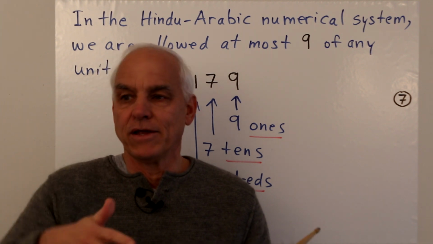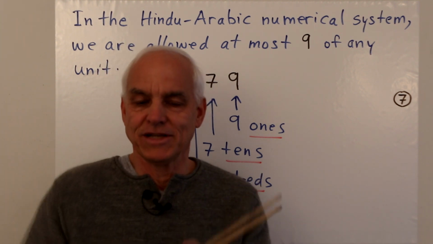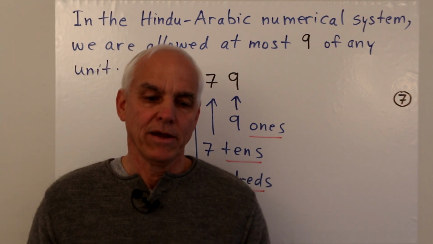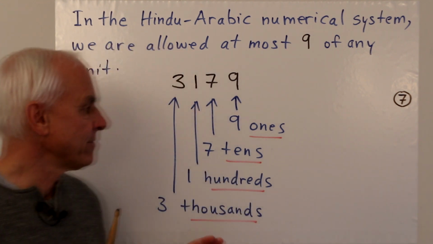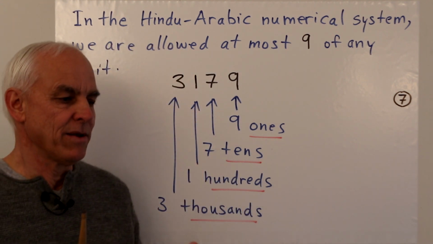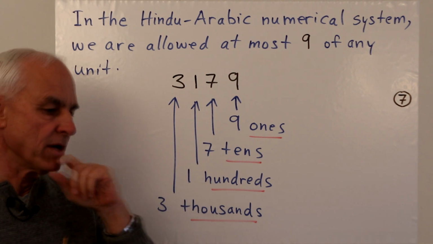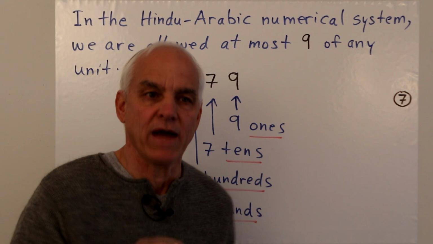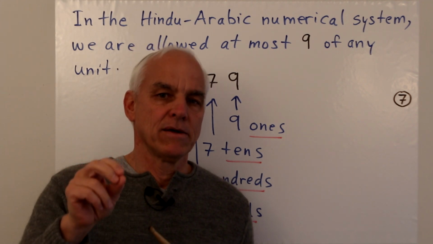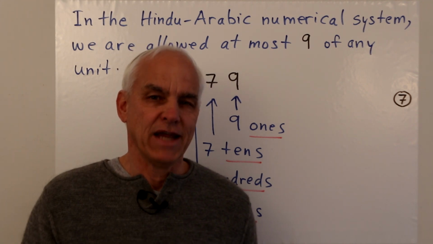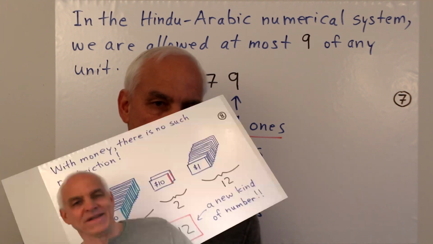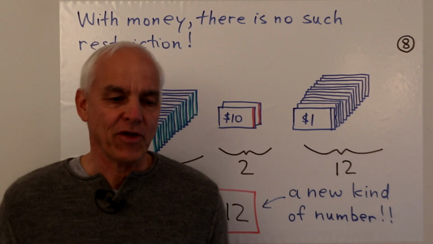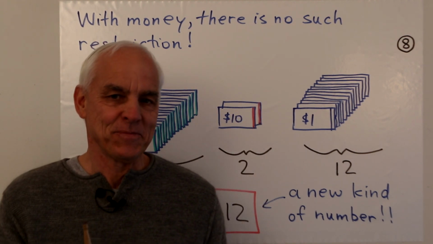There's no $1,000 bills that you can use instead of 10 $100 bills. So actually, there is kind of a disconnect between our money system and this Hindu-Arabic story. And so understanding that, and maybe even taking advantage of that, will be a big step forward for us in understanding basic arithmetic. All right, so with this slide here, I'm going to open up arithmetic in a new direction.